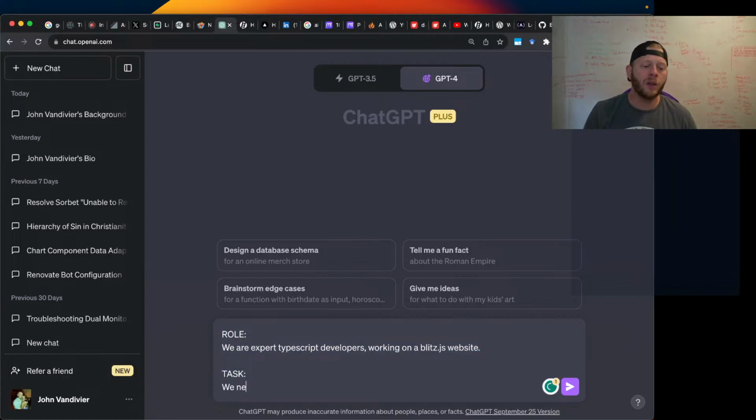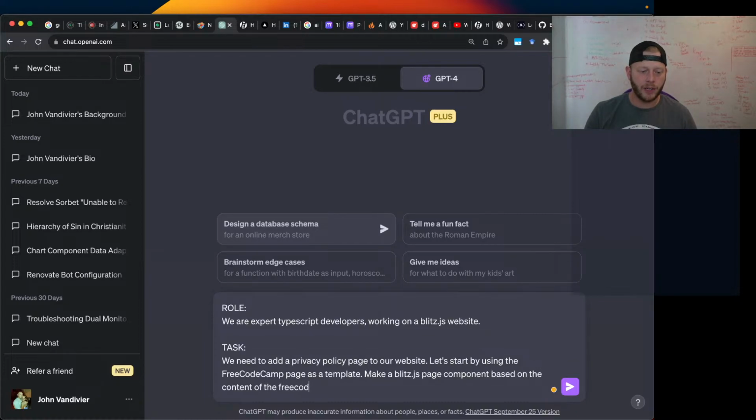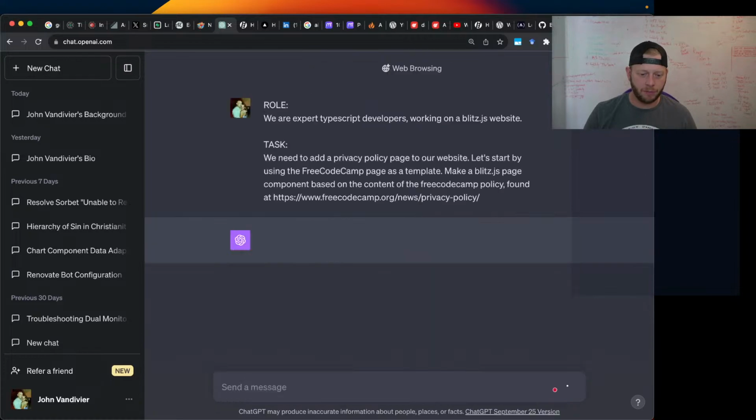Task. We need to add a privacy policy page to our website. Let's start by using the Free Code Camp page as a template. Make a blitz.js page, blitz or next, whatever. They're sort of equivalent. Make a blitz.js page component based on the content of the Free Code Camp policy found at